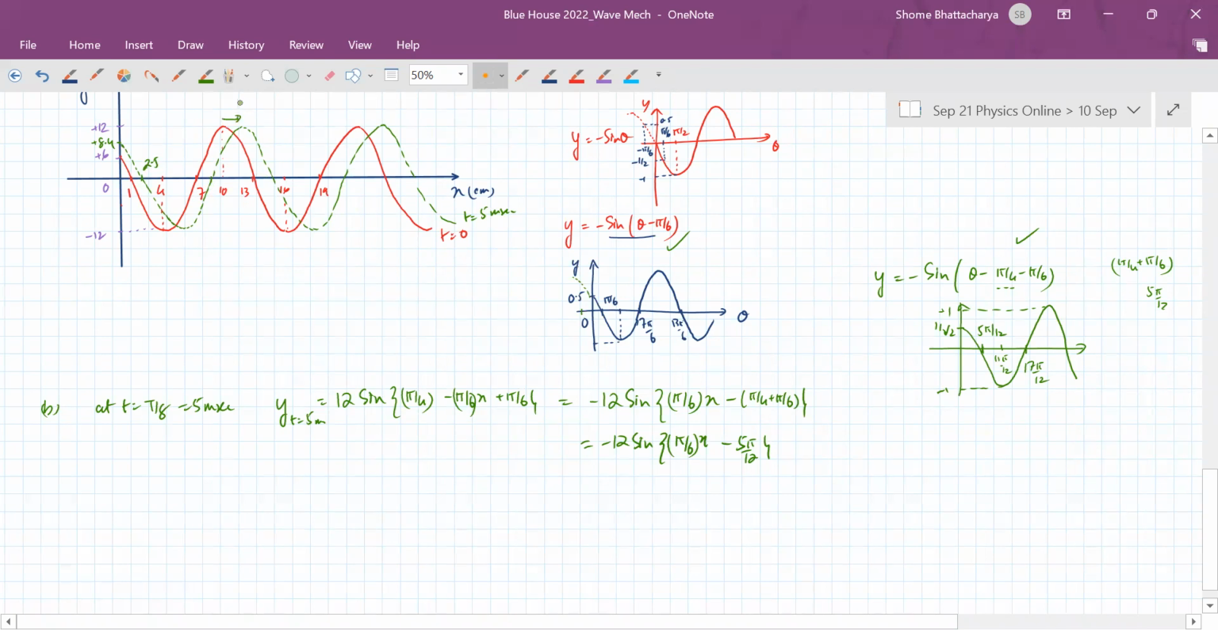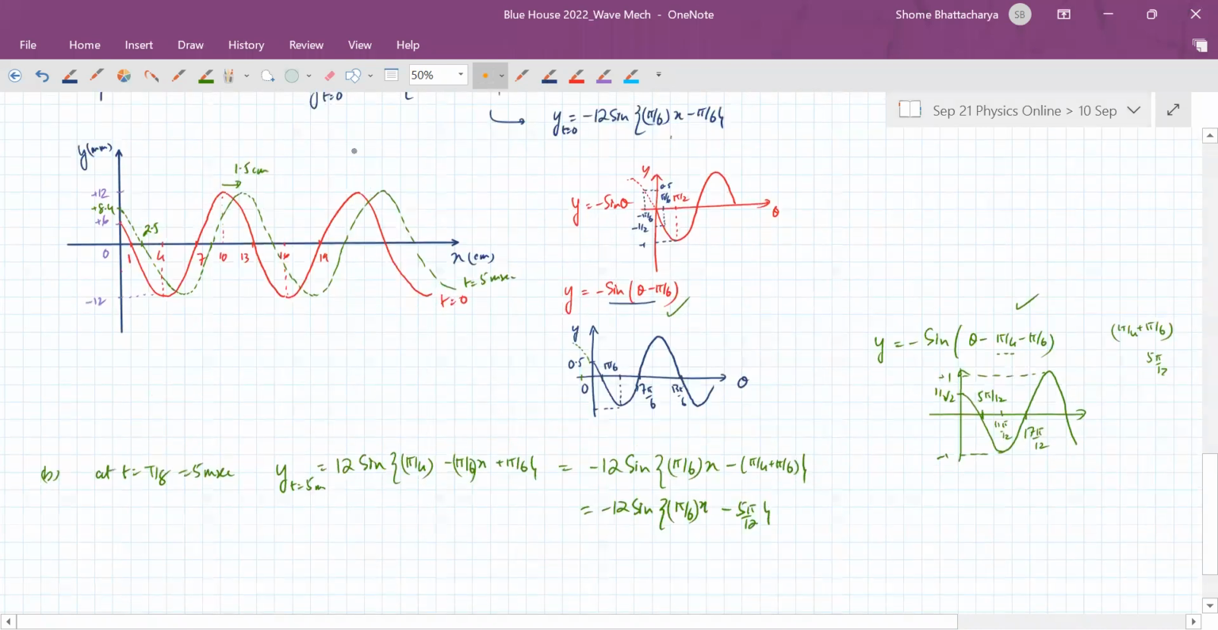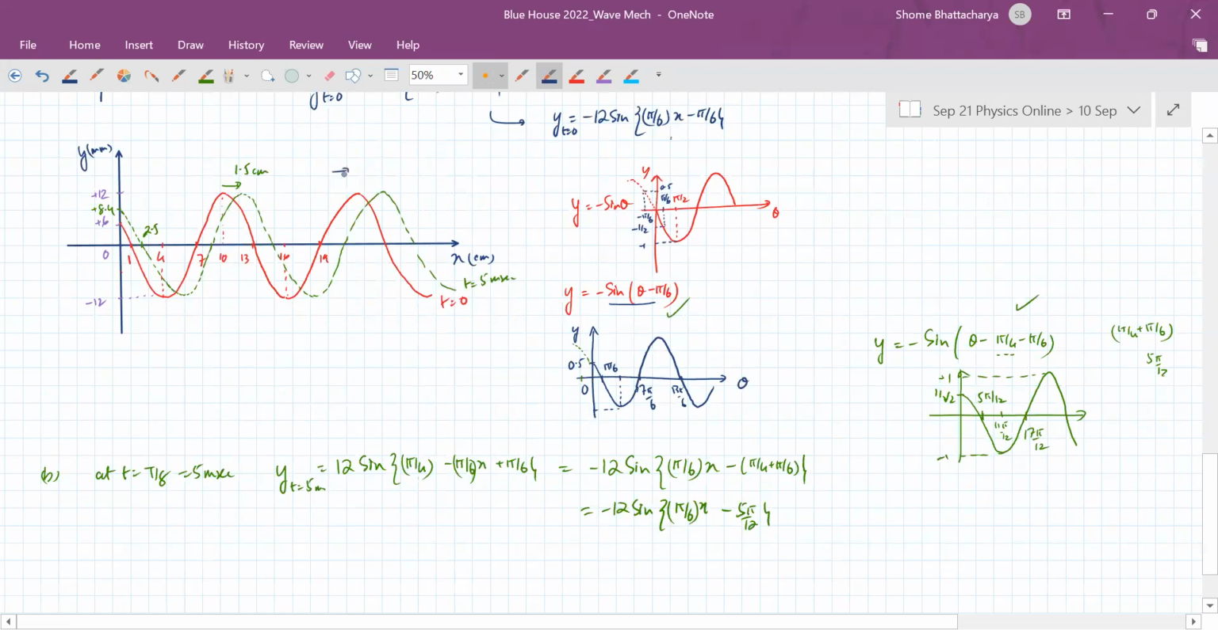So you'll see that the wave has shifted by an amount of 1.5 centimeters in a time of 5 milliseconds. So that's how we can understand that this justifies the fact that the wave speed